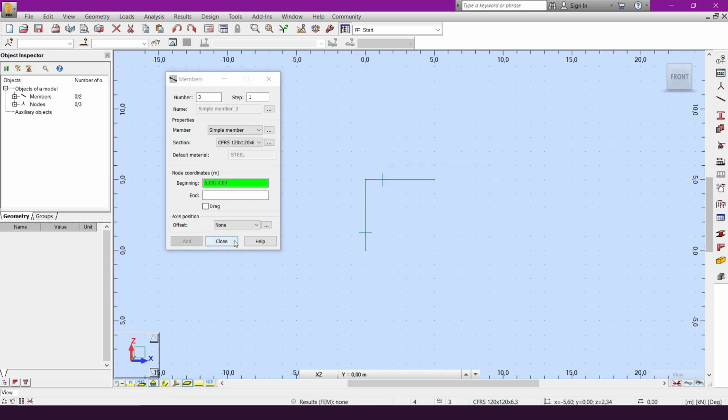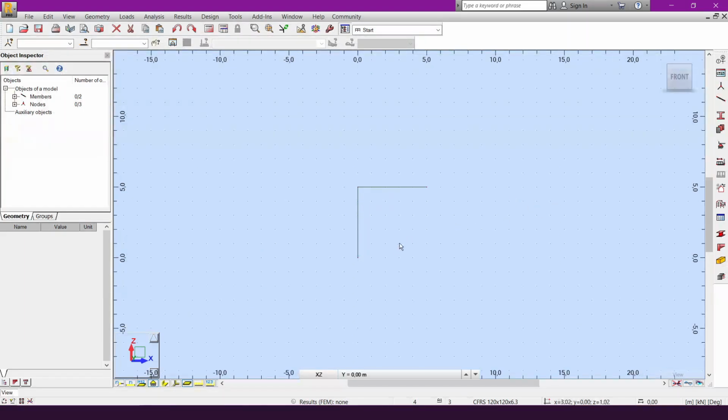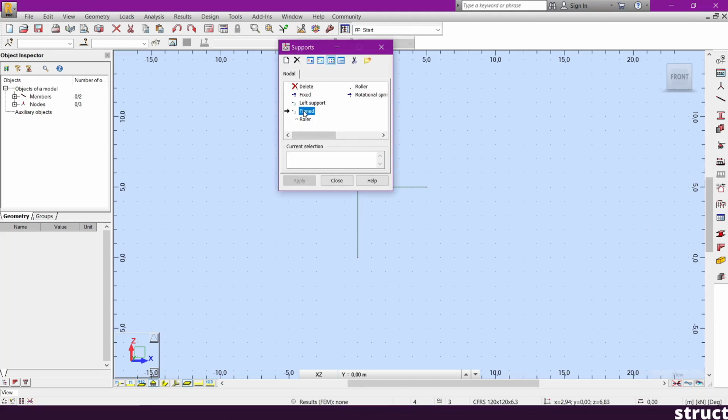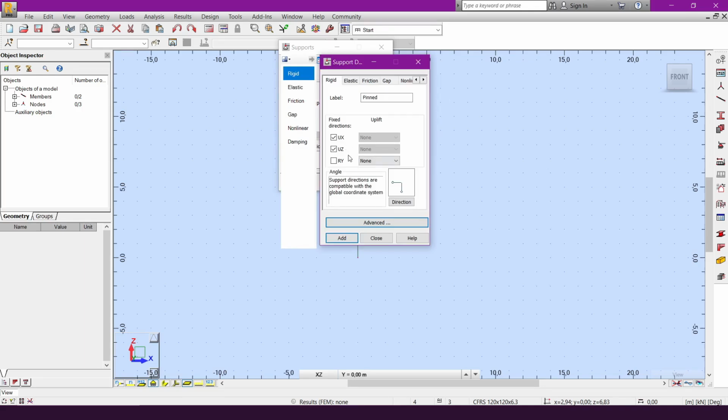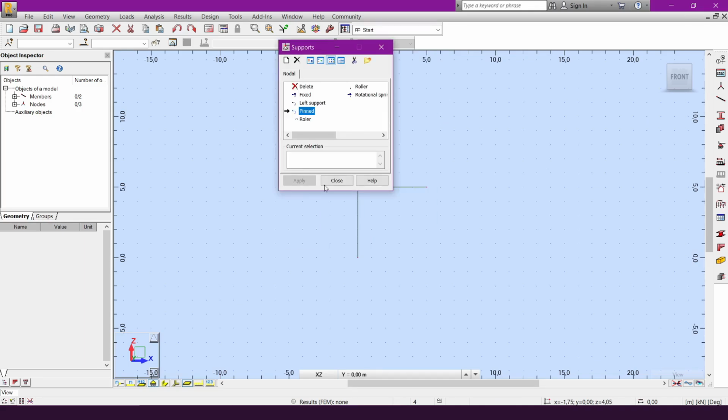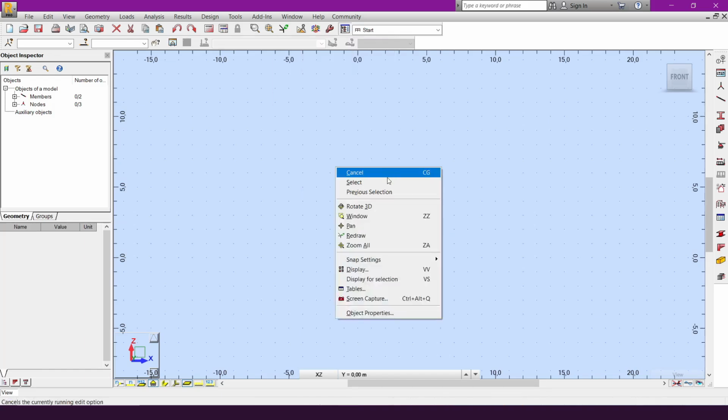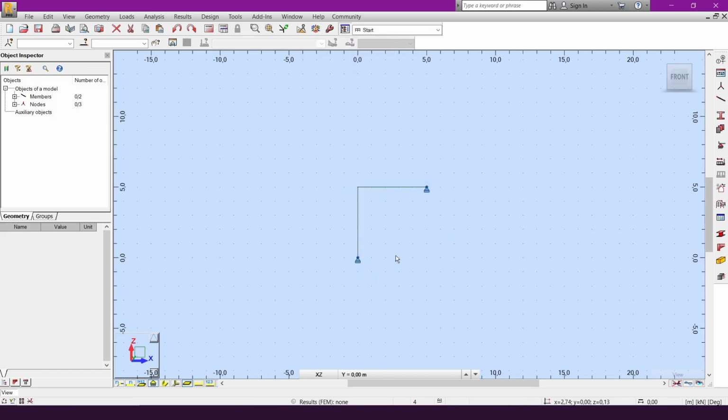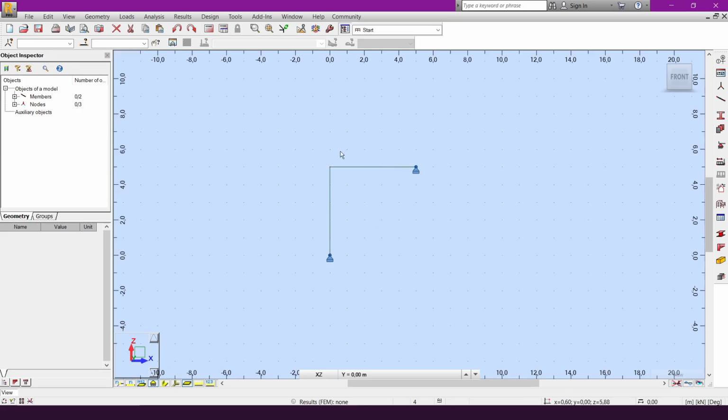And the next step to be done is to define the support conditions, where we had a pin here and also a pin here. So we just go to assign a support, and our support is going to be pinned, and this is the configuration for a pin support. And now we just select the nodes one by one, and we can see that now we have added the supports on the frame. So now our structure is stable,